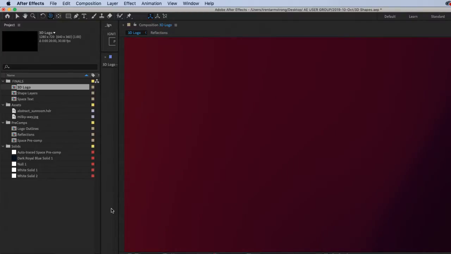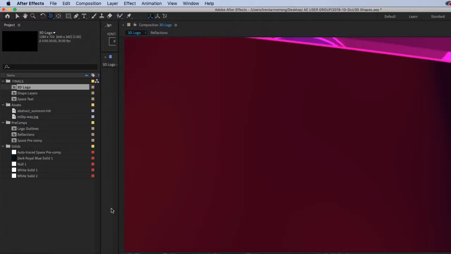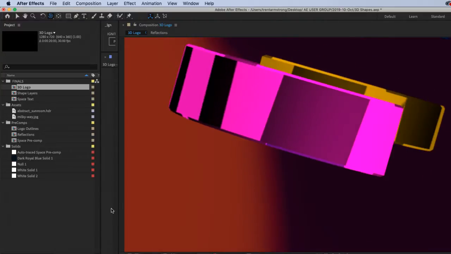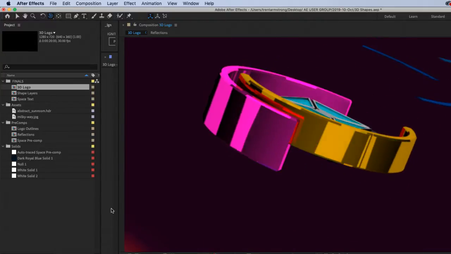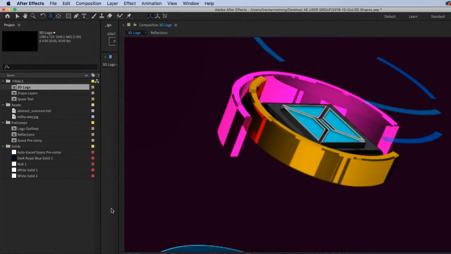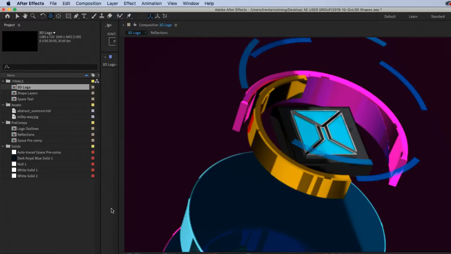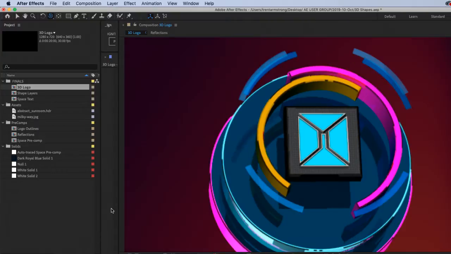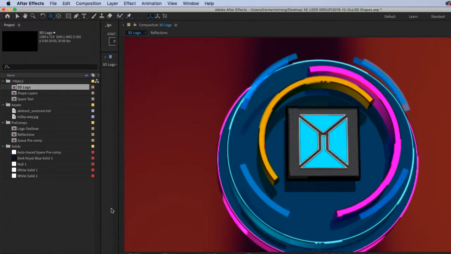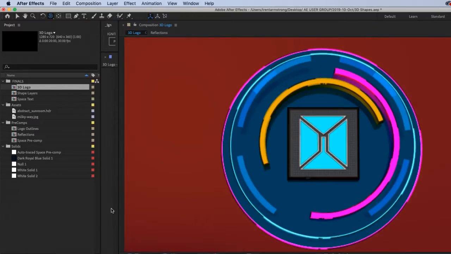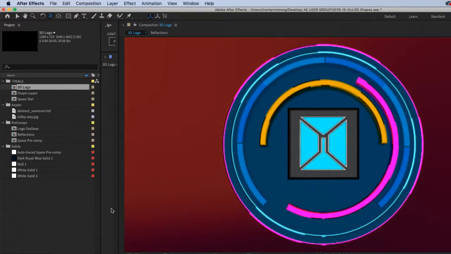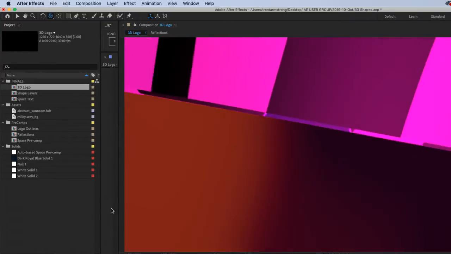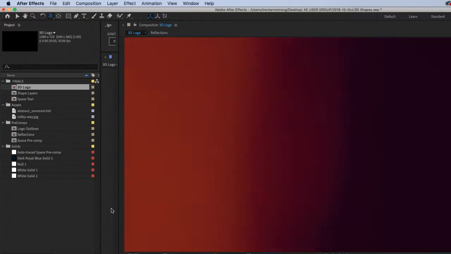So that's the background, and I've used the CC environment, I think is what I used, to have that spherical image map as my background environment. All right, so now here we go.